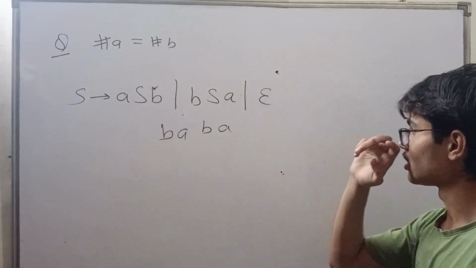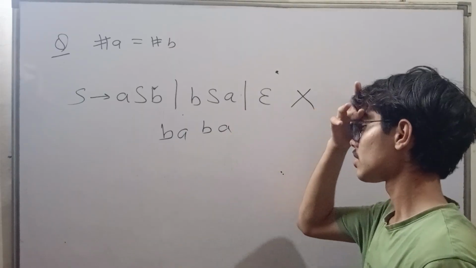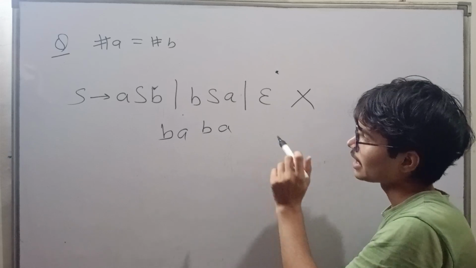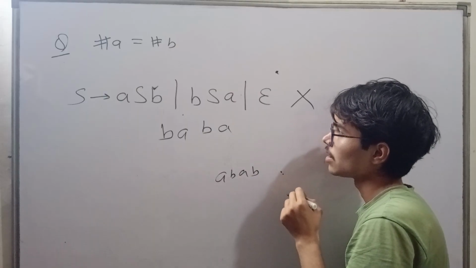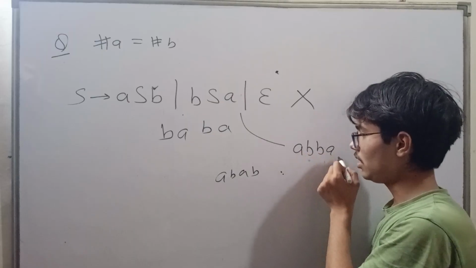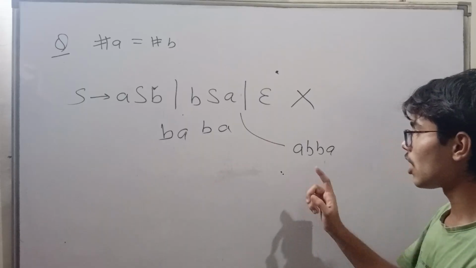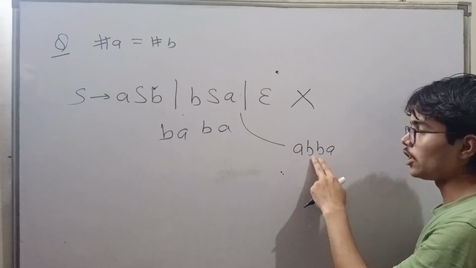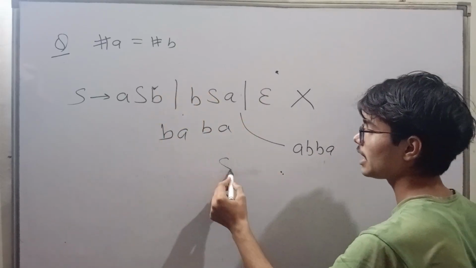This is wrong. Why is this wrong? Give me a counter example. It can write A B, B A, but it cannot generate A A B B. This cannot be generated here, as there is an equal number of A and B, 2 A and 2 B. This must be accepted, but it is not accepted. How can you create this?